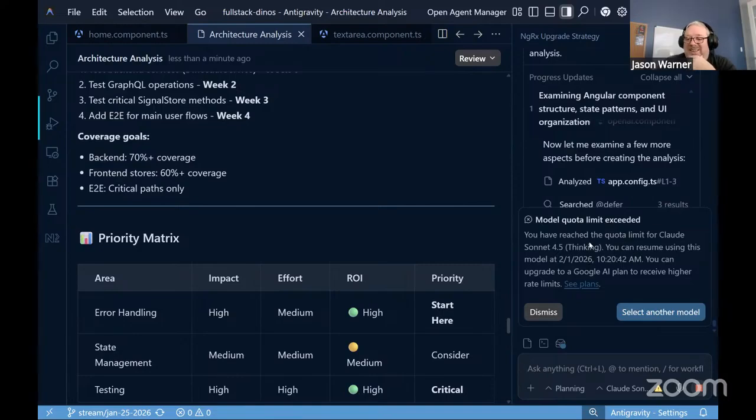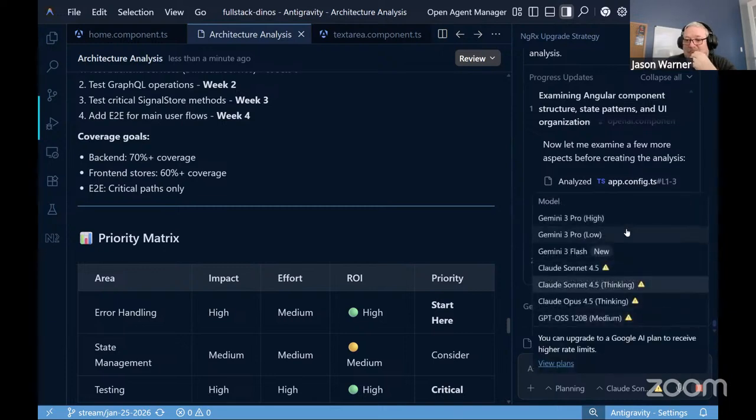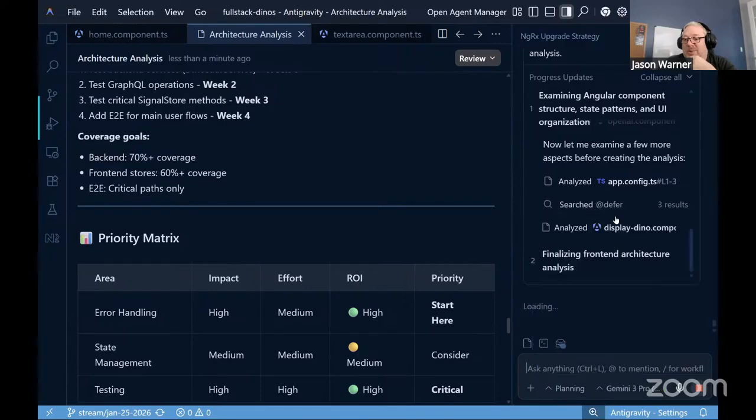Oh, it looks like we ran out of tokens for Claude. So let's go with the Gemini 3, because all of these ones now I'm out of tokens. So we'll go with the Gemini 3 Pro High, and we'll see how Gemini does versus Claude. I found Claude to be a much better tool in general, but